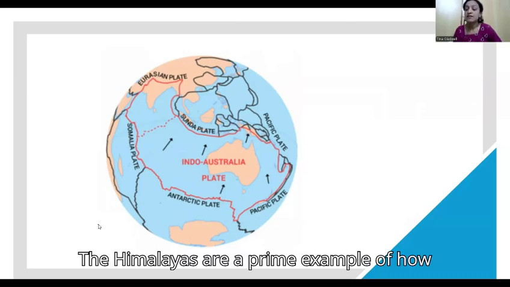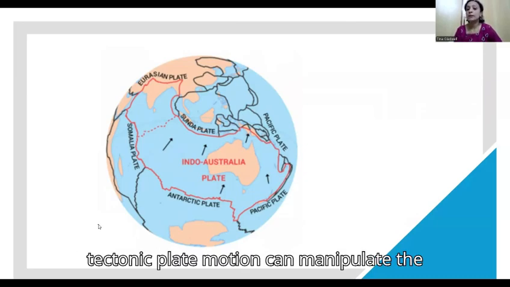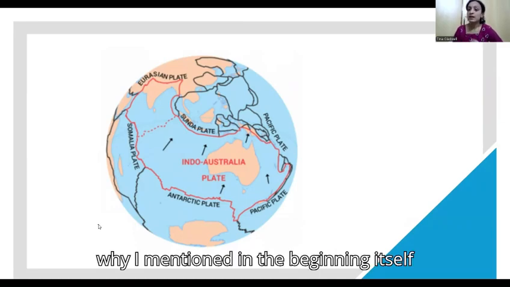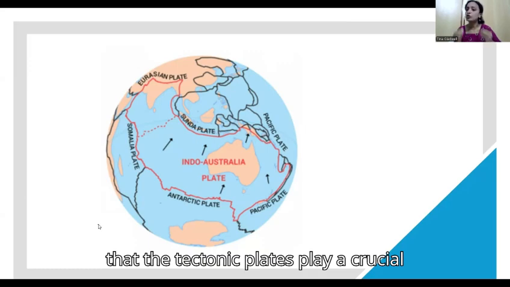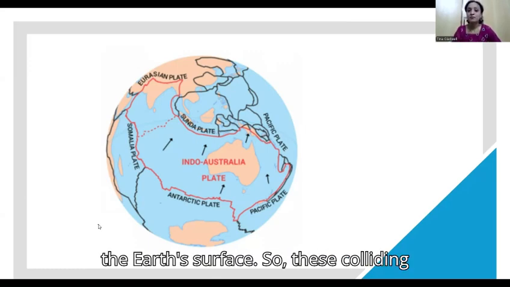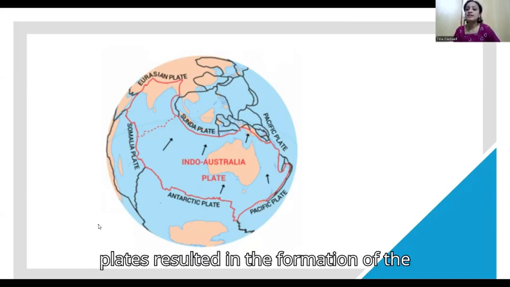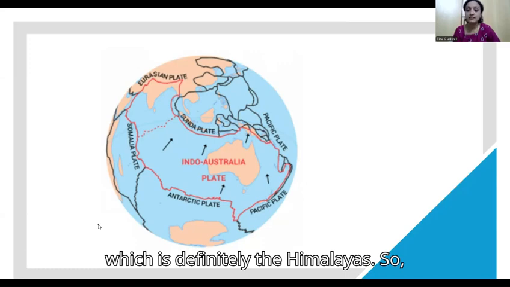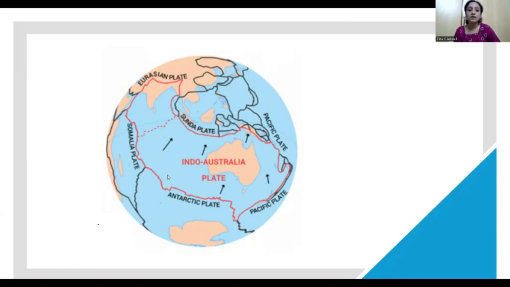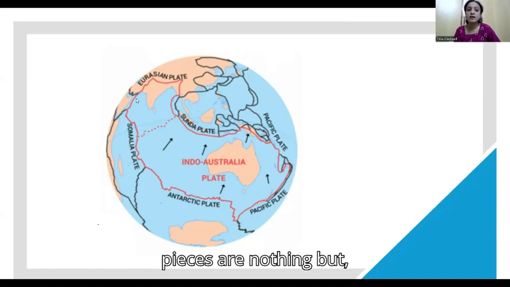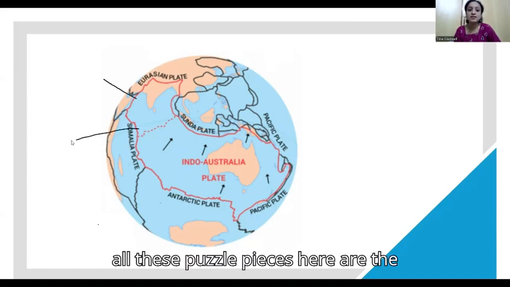The Himalayas are a prime example of how tectonic plate motion can manipulate the Earth in extraordinary ways. So that's why I mentioned in the beginning itself that the tectonic plates play a crucial role in sculpting majestic land masses on the Earth's surface. So these colliding plates resulted in the formation of the highest mountain range on the planet, which is definitely the Himalayas. So the marks that you see here, these puzzle pieces